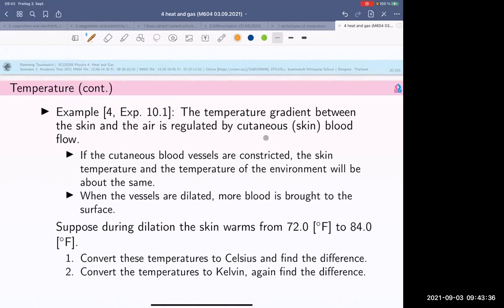Is there any idea about it? Cutaneous skin blood flow, right? And if the cutaneous blood vessel